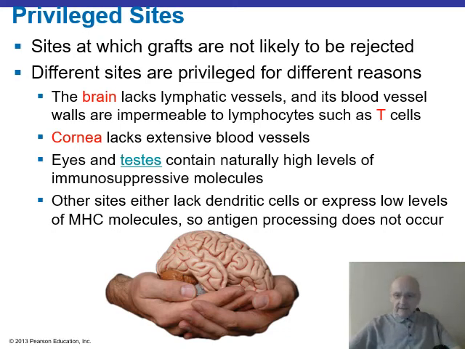It turns out that if we consider grafts and so on, there are certain privileged sites in the human body, and these are sites where you don't really see much rejection. I can take the brain and transplant. Say you had a stroke, you have some dead brain tissue, cut it out, and you put new brain tissue in there. That's perfectly possible. And you don't really get much rejection,